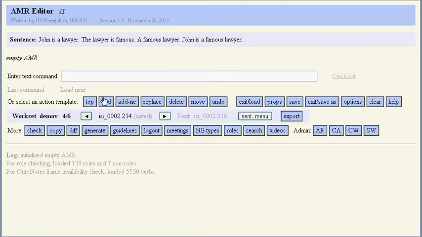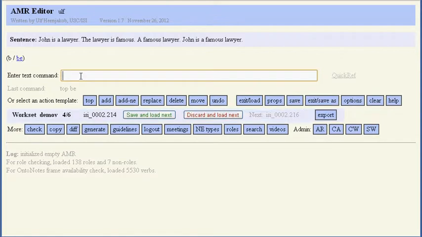Hi, in this video we're going to look at a few sentences with the English verb to be. Let's get started. We might be tempted, for John is a lawyer, to select to be at the top, kind